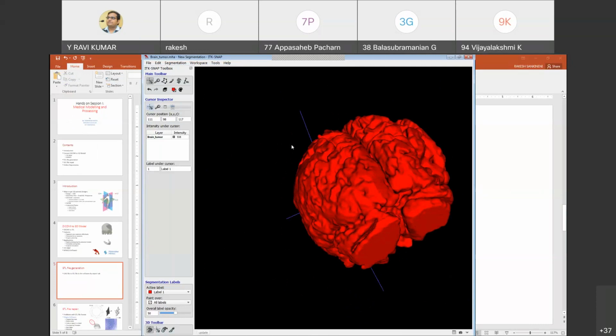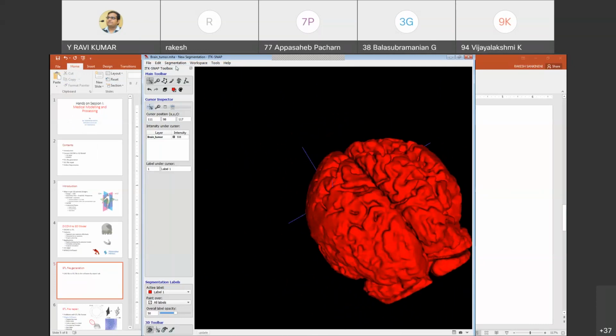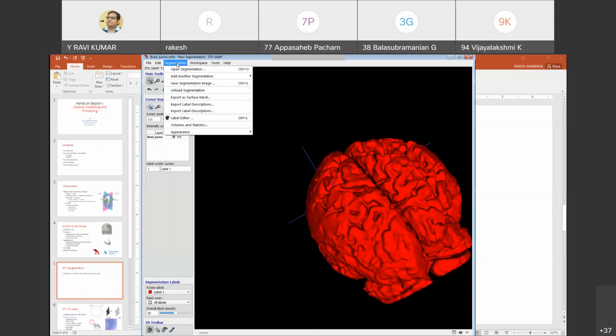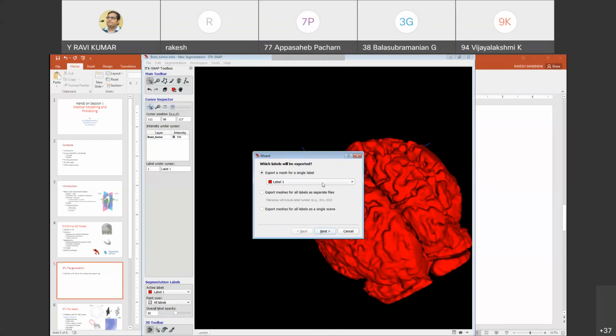So you can check the model after getting this. You go for the segmentation and export as a surface mesh and click on this label one.